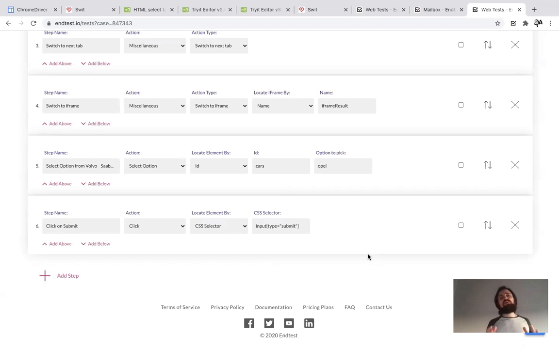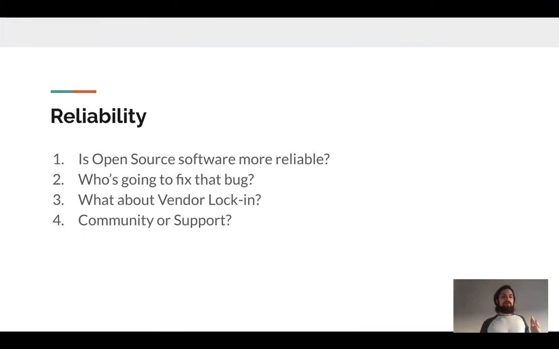So you need to choose the solution which is the most reliable. So think of it like this. For example, Selenium, it's open source. Most people are saying that open source software is very reliable because, if somebody doesn't fix the bug, I can just jump in and fix the bug myself. Well, that might sound like something that could happen, but realistically speaking, people don't have time to fix their own bugs. And fixing a bug in an open source package